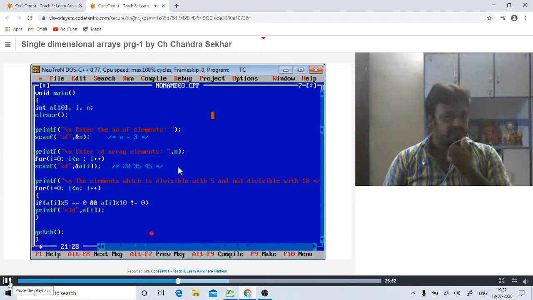Since both conditions are true, the printf statement is executed, printing a of i, a of first location, 35.